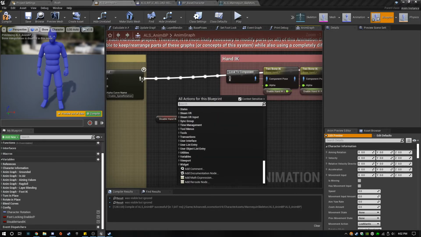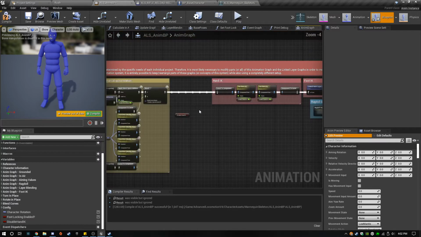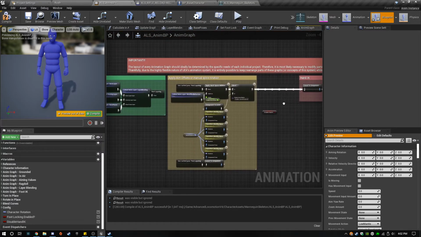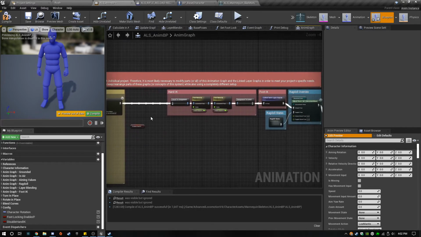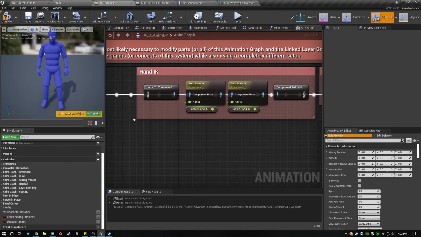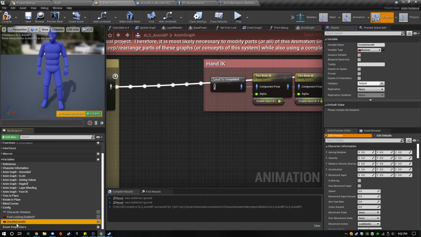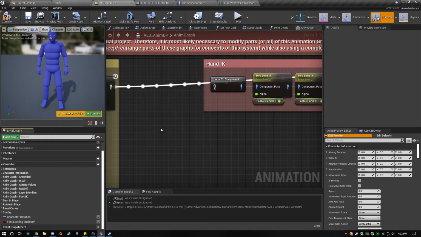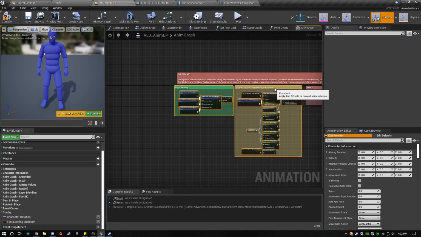Can I not branch, really? Oh, no, I guess you can't, huh? Duh. Yeah, this is an animation graph. You can't just branch. Awkward. Well, I guess we're going to have to think of a different way to get past that. In that case, for now, we'll handle the rotation.